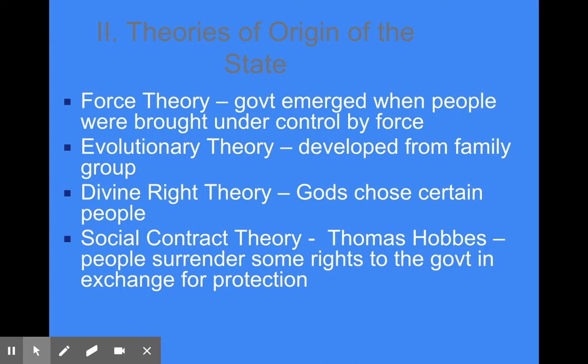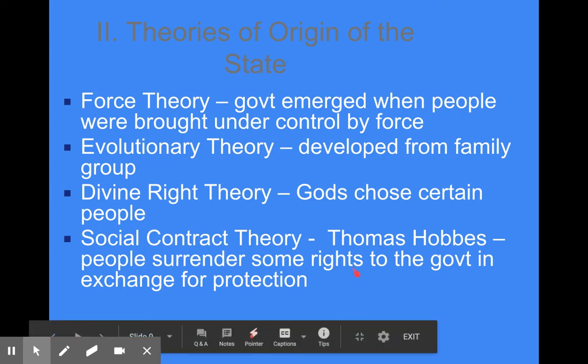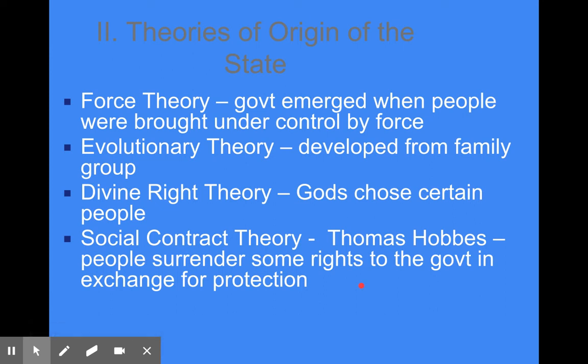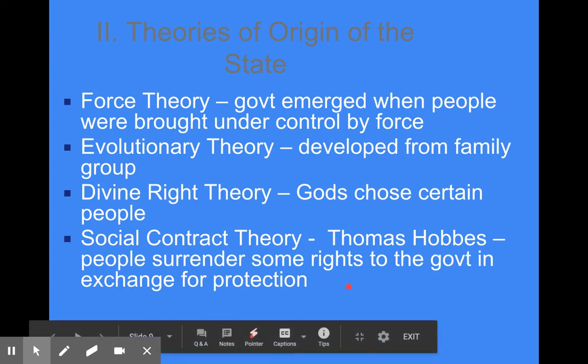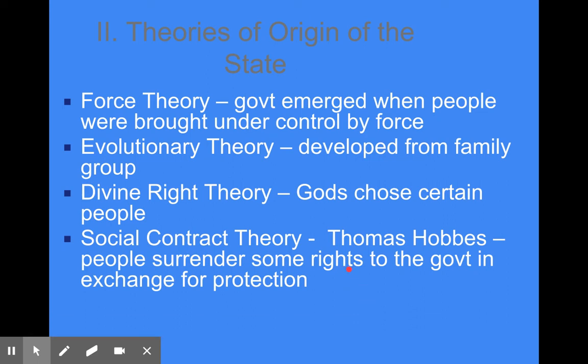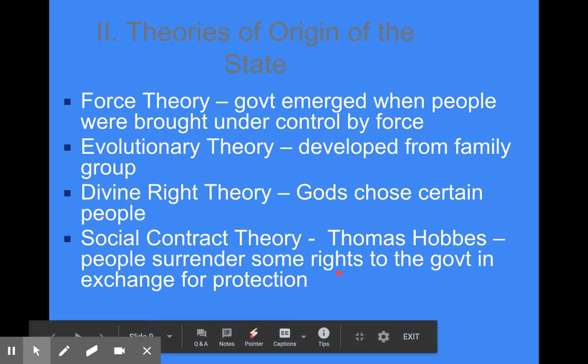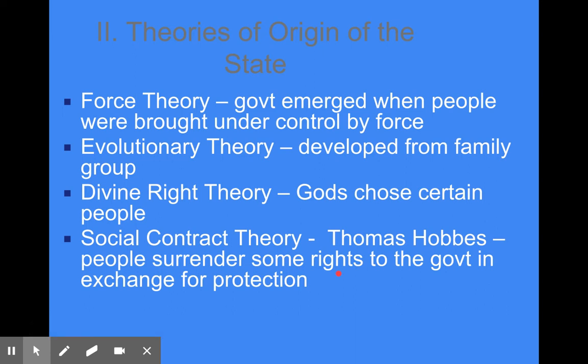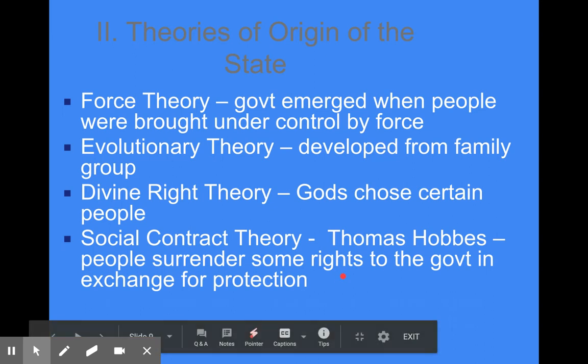some semblance of safety. He was writing this during the English Civil War, when there's chaos, I think in the late 1600s. Chaos and mayhem and fighting and death, and we just needed to stop it. Let's just stop it, settle down. That would be his social contract. The contract is between the government and the people. We give up some rights, we pay our taxes, and in exchange, you protect us.